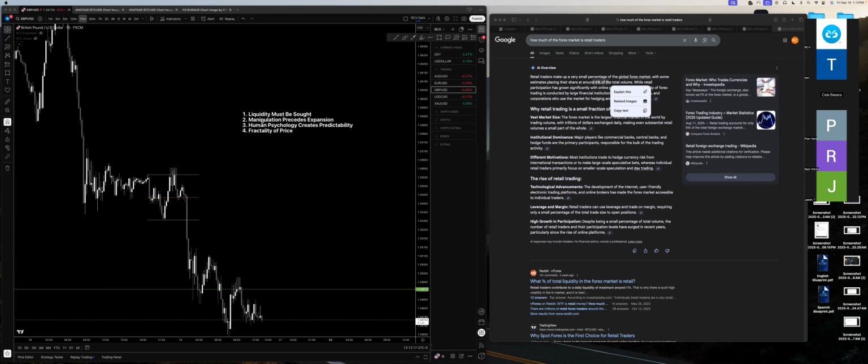And number 2, manipulation precedes expansion, right? That's what a CBOS is. That's why we're always in the mindset of continuation over reversal. We've been saying that for years, right? So if we take the initial low, it doesn't matter what time frame, it doesn't matter what structural level you're at, the first break of the internal high in a downtrend that creates a new low is always going to be a CBOS. Because for years, I'm probably not the only one, I would want to buy every single time that I get that.